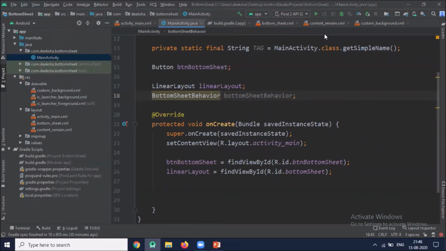Now this bottom sheet behavior is applied to a child of coordinator layout to make that child a persistent bottom sheet.